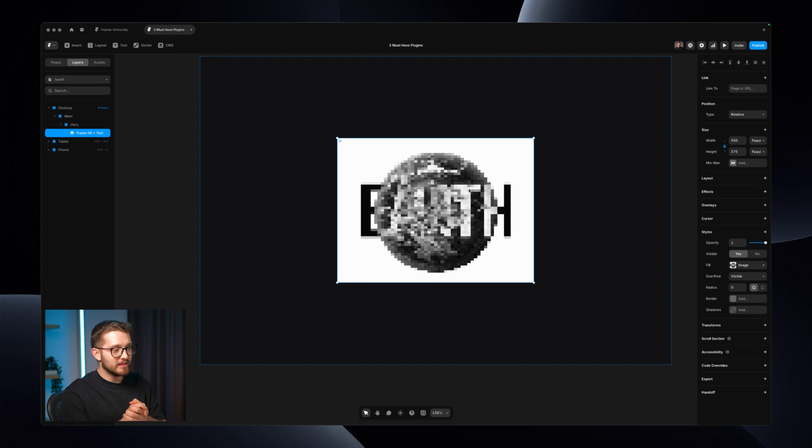I did not leave Framer and I edited my image. What the hell? It's just crazy. So yeah, this one is a great plugin. Now, the next one is going to be an even more useful one, because I just see it on so